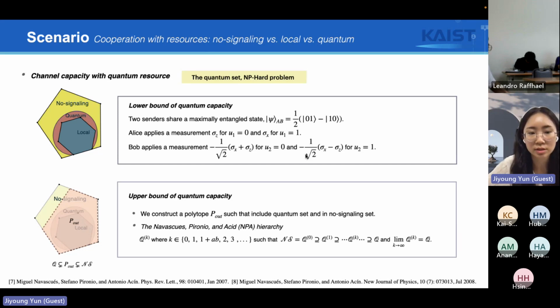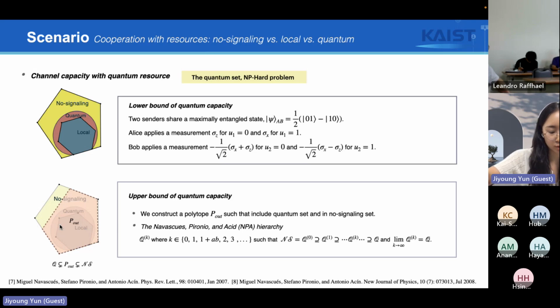And for the upper bound, we construct a new polytope that contains the quantum set and is still within the no-signaling set. So we found some vertices giving the maximum sum rate with no-signaling cooperation, and we removed that part, and then prove that this new polytope contains the quantum set using the NPA hierarchy. Then we got the upper bound of the quantum capacity by calculating the sum rate over all the extreme points of the new polytope. So that was the methodology to show the gap